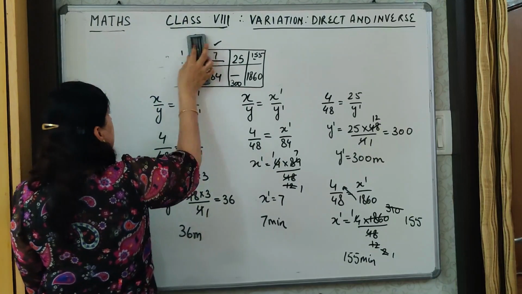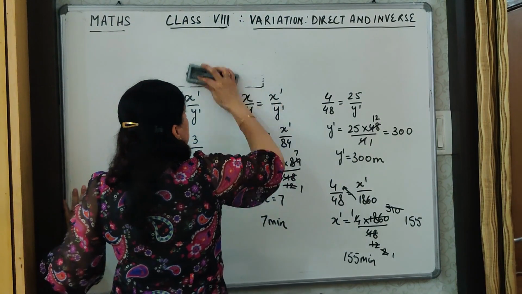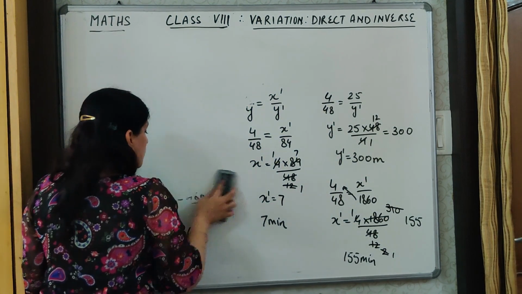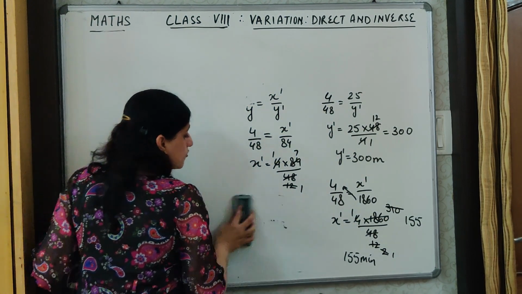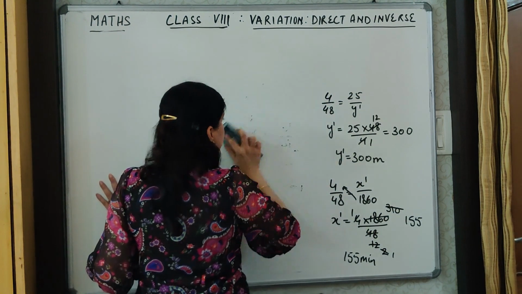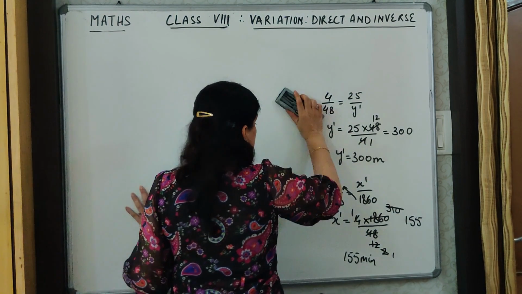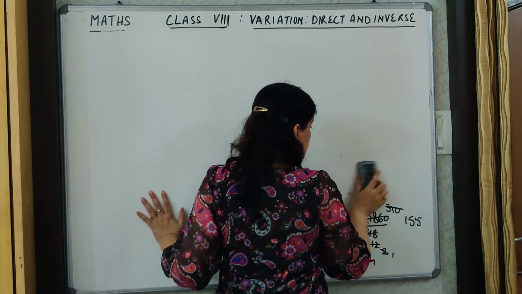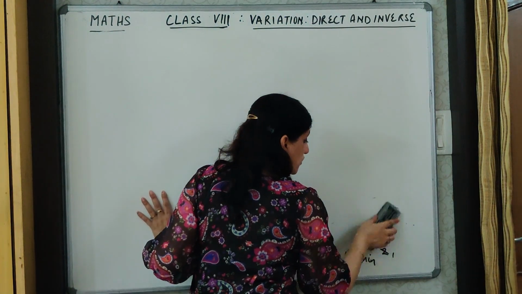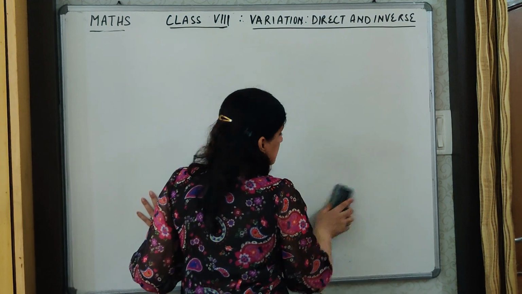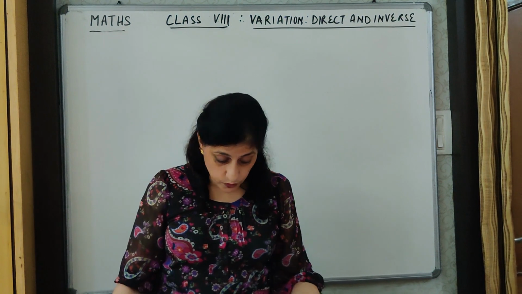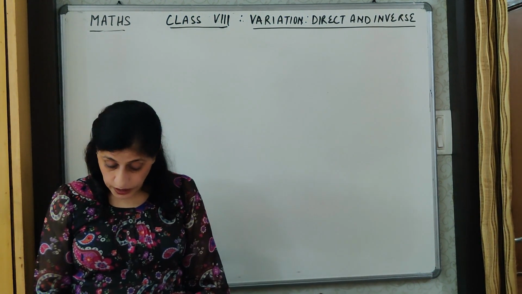Have a look. It is a very simple calculation using the formula x upon y is equal to x dash upon y dash, which is the formula for direct variation. Here we are doing the questions of direct variation, so that same formula will be used to find the unknown quantity. Very simple it is. Three quantities will be given to us and we will have to find the one unknown quantity.